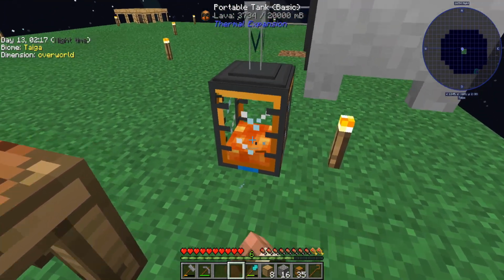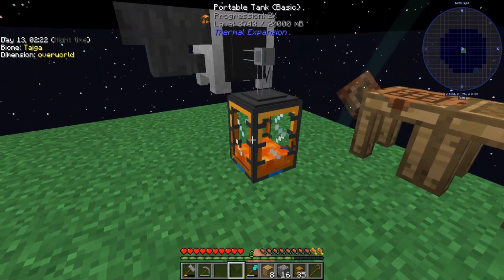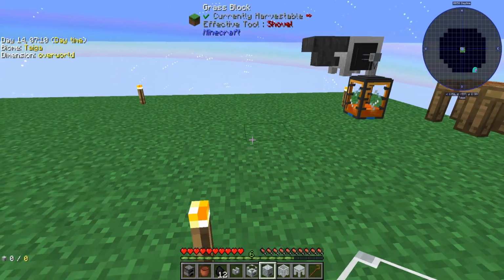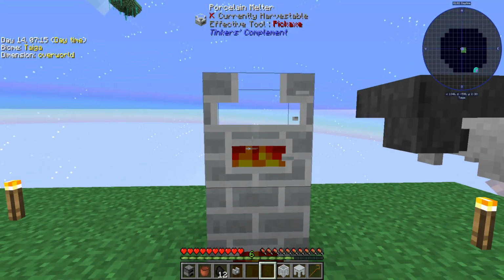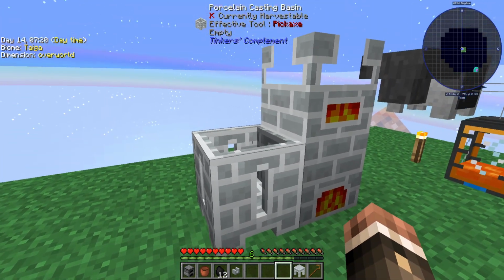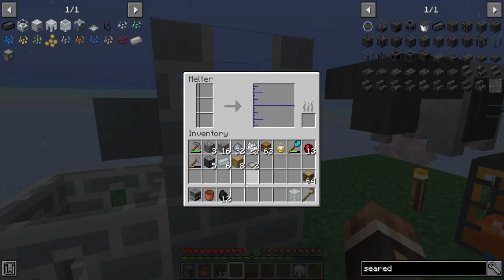The whole goal of this, I need 12 buckets. I need to get to the nether, so I'll probably wait for this and I'll get back to you in some time. In the meantime, I went ahead and crafted up this porcelain melter, which is going to be useful in doing a little something something. That is what I need right there, and the whole goal is to put this, wait, hold on,